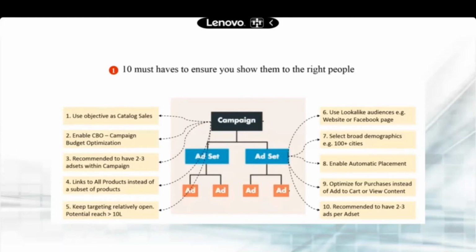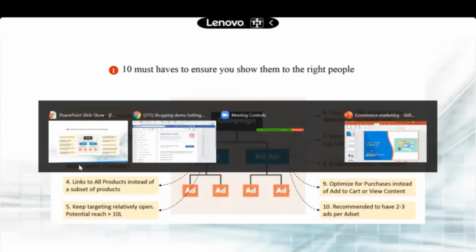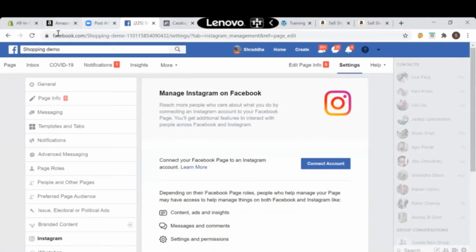Now, under which circumstances will you be creating your ad group? Say your objective is catalog sales. You will be creating ad sets if you are running ads for different types of products. Say for example, you are running it for a summer collection, then you are running it for a swimming collection, right? So you will have different campaigns, different ad sets for that. Now quickly, I'll show you the screen where you can find the option of ad sets on Facebook.